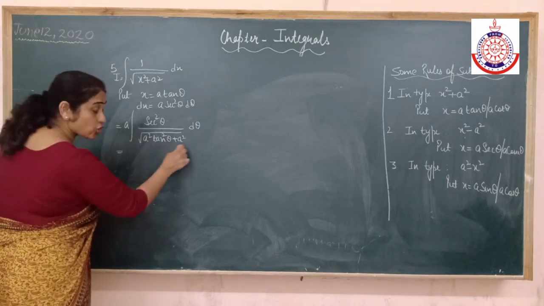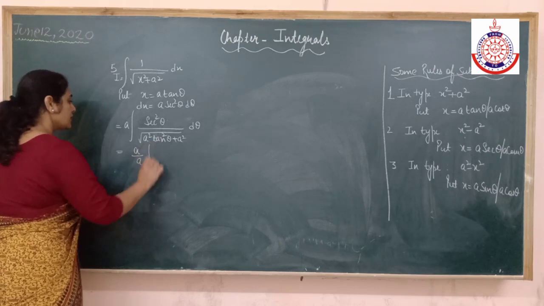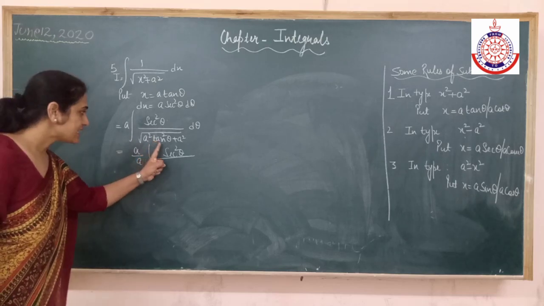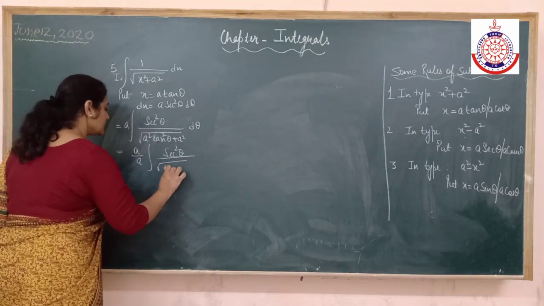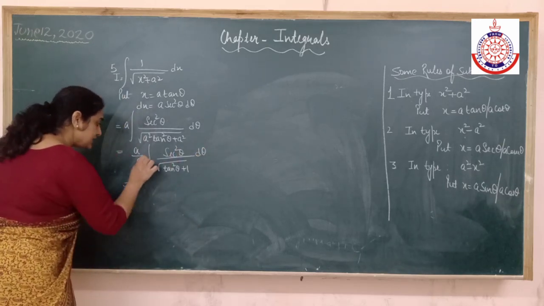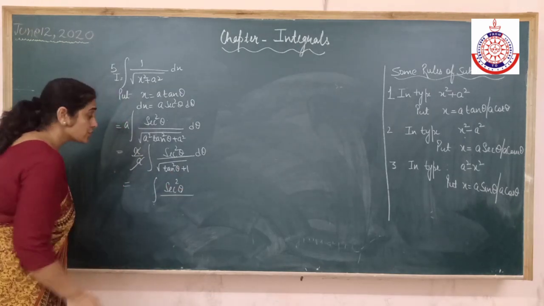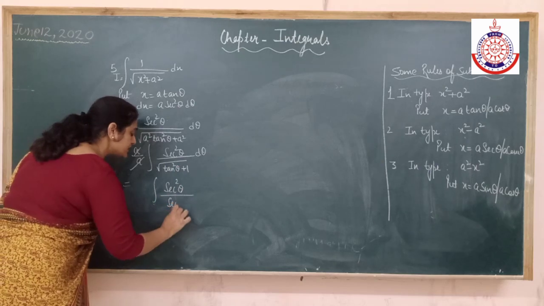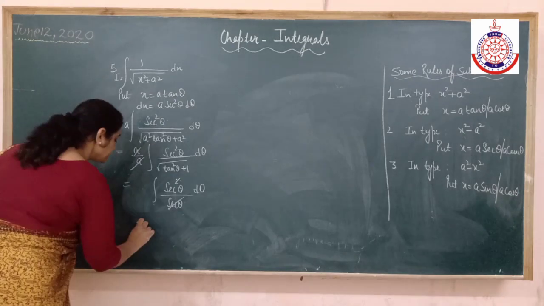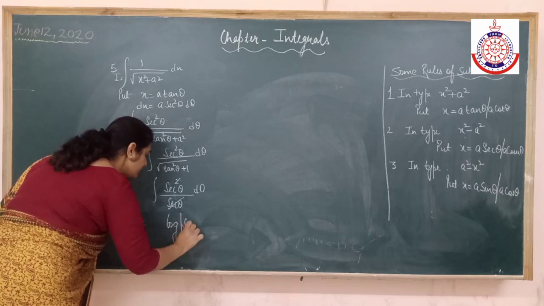Alright, a square common from the denominator, but when it will go out of the under root, it will become a. Little shortcut I am doing. What is left? Tan square theta plus 1. What is tan square theta plus 1? That is secant square, but it is an under root, so it will be only secant theta. Cancel the term. So what is the integration of secant? Log of